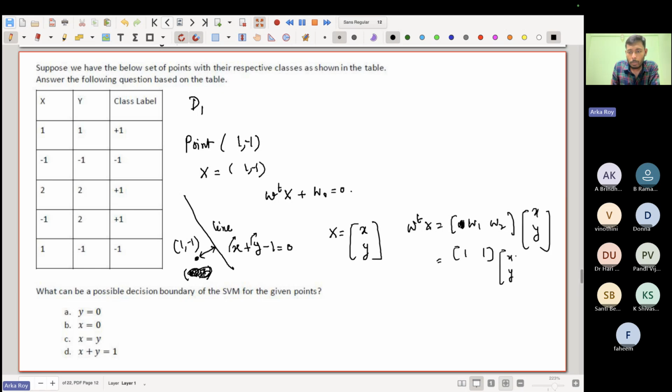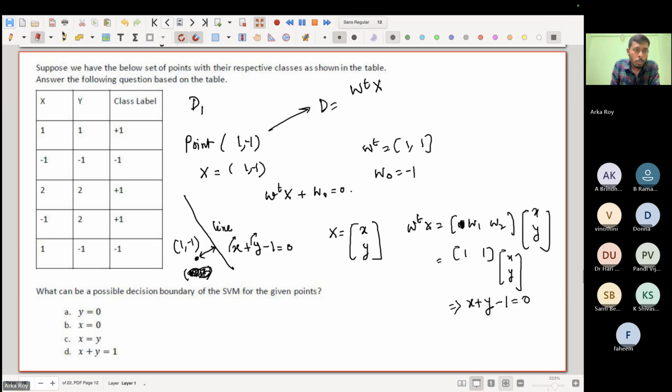And you have X, Y, so you will get X plus Y. And the third term is the W naught. And over here, W naught is basically -1. So you can equate it with 0. So that is why W transpose is 1 comma 1, and W naught is -1. Now, while calculating the distance, what you do is basically distance equals to